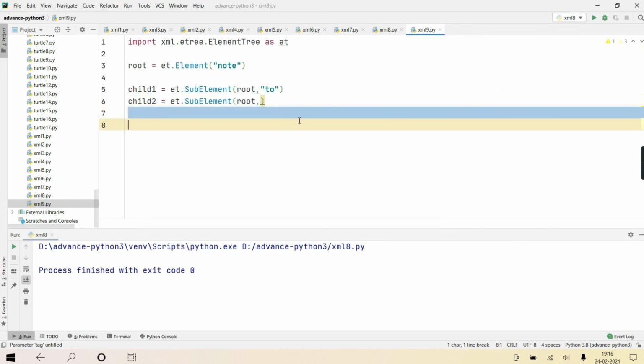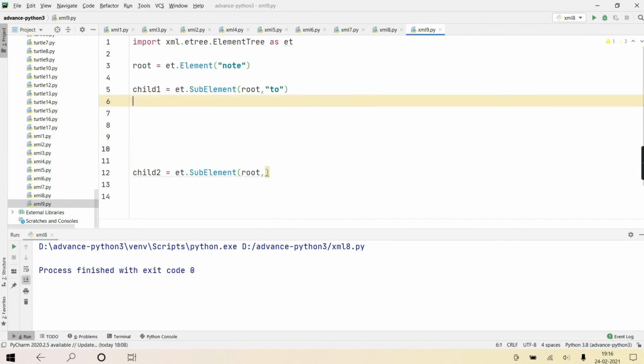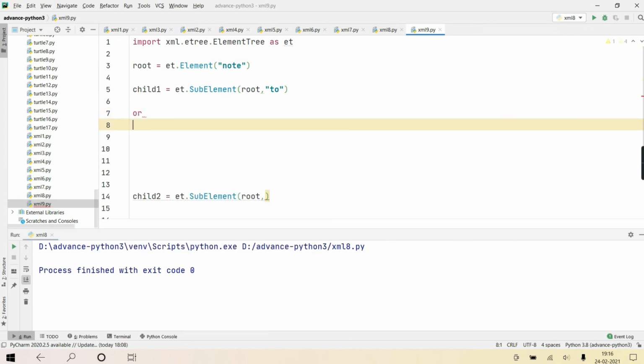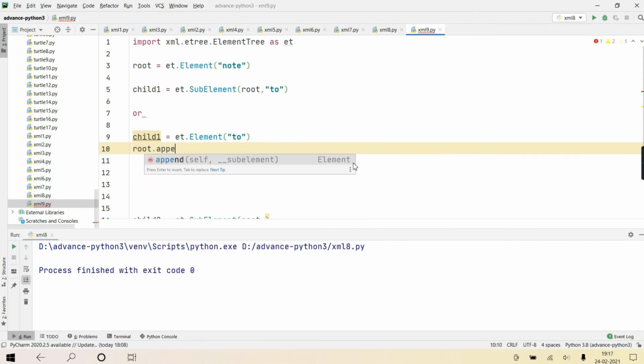If you are not using SubElement and instead you are creating the object manually, this is one case. Or you could have done it this way also: child 1 is ET dot Element to, and then you have to write root dot append child 1. So instead of writing these two lines, both happen in this one line only.